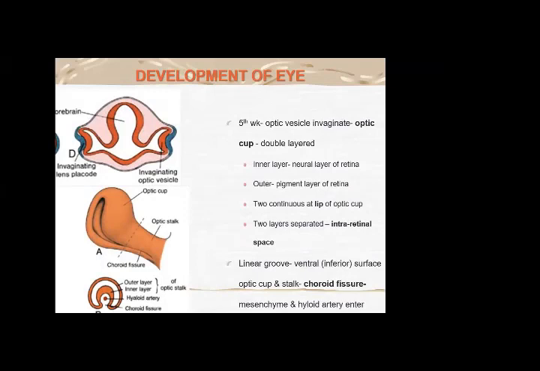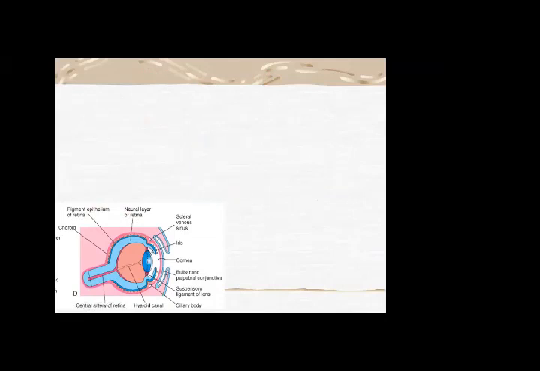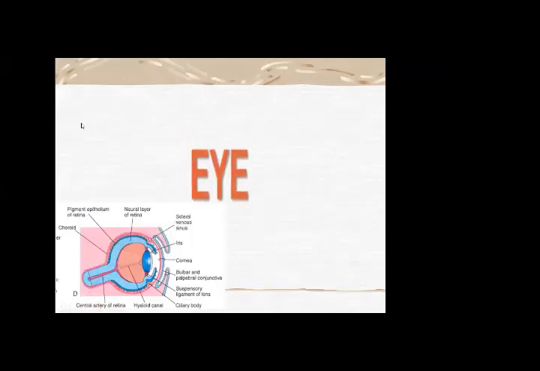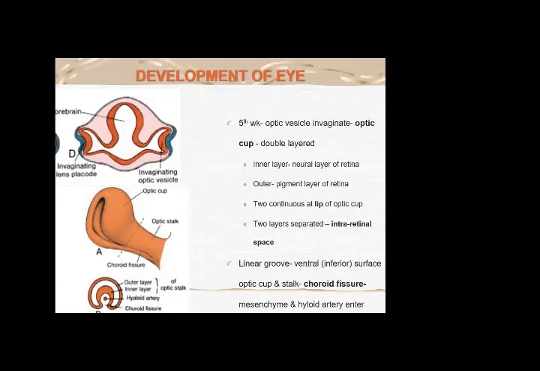Continuing with the eye, still with the eye, not the individual parts of the eye. So by the fourth week, we have the optic vesicle coming in contact with the surface ectoderm, and we also have the thickening of surface ectoderm to form the lens placode. These are the events in the fourth week. What happens in the fifth week? In the fifth week, the optic vesicle,